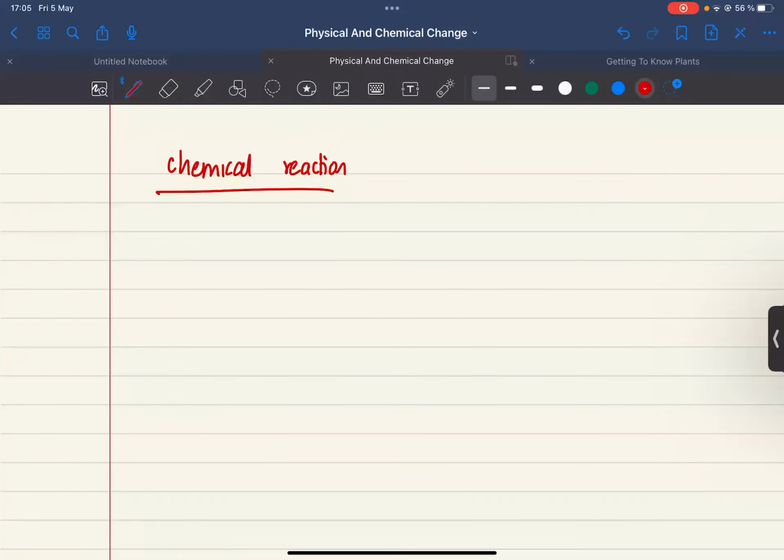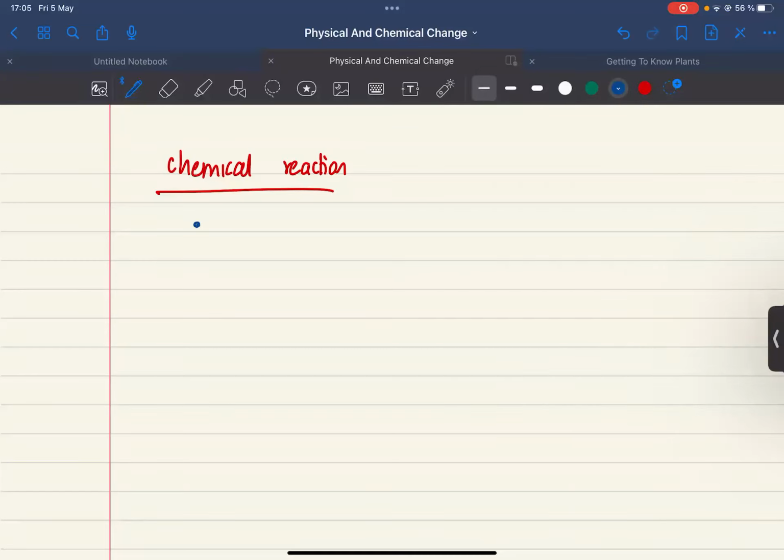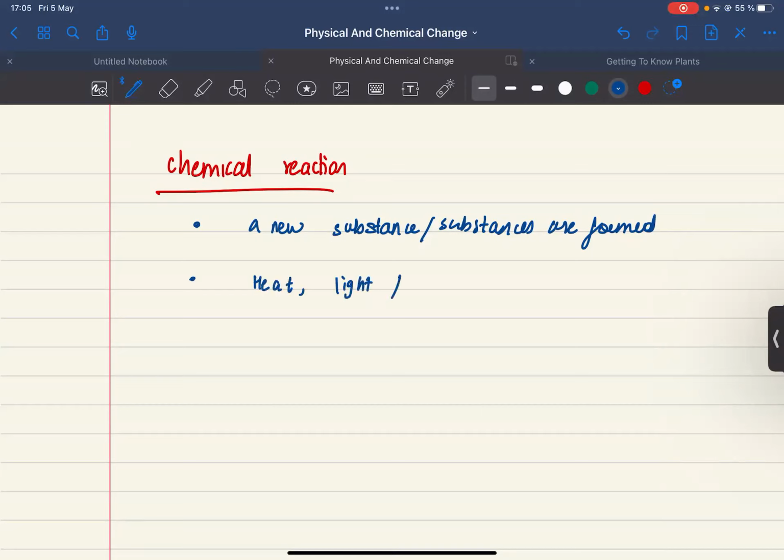So you clearly know in a chemical reaction, firstly, a new substance or substances are formed. Secondly, what happens? Heat, light, or other radiation